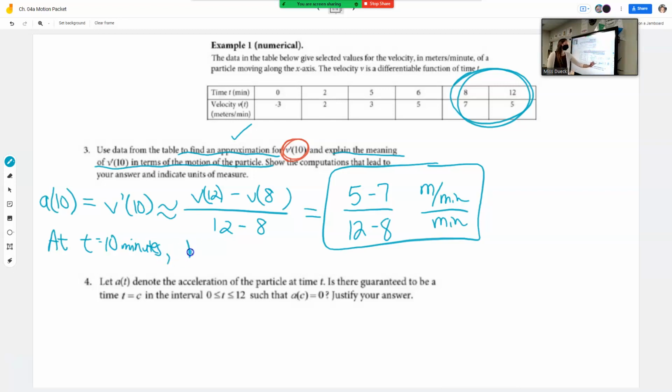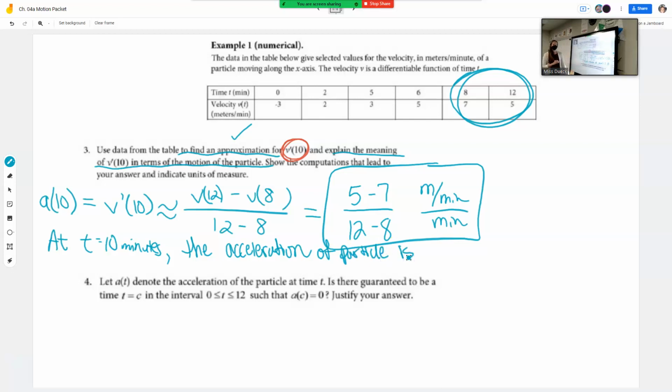What am I going to say? The what? What is this guy? What's he representing? You can either say acceleration or the rate of change of velocity. Does that make sense? You can't say velocity, but you can talk about its rate, its acceleration. The rate of change of velocity, or velocity's rate of change, or just use the word acceleration, but the acceleration of the particle